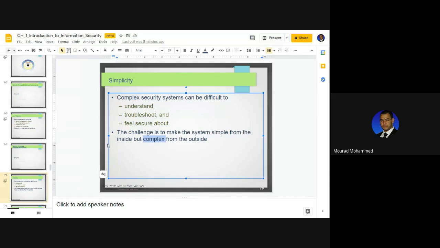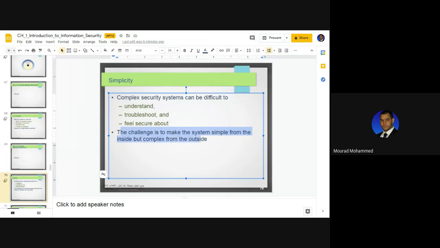This is why, because the outside of the security appliance is the face or the API where malware attacks. So it has to be complex to fail them, but from inside, it has to be as simple as it can be. In order to make updates in the future, they have to be simple for the developers and the owner. They have to find a key how to do that. So from inside it has to be simple, and from outside it has to be as complex as it can be. This is actually an approach concerning the security appliances,